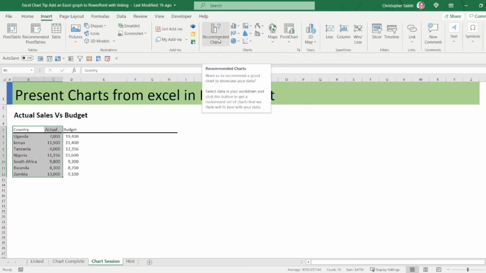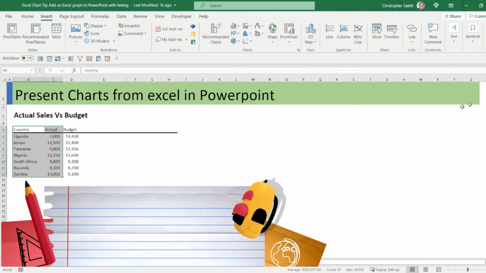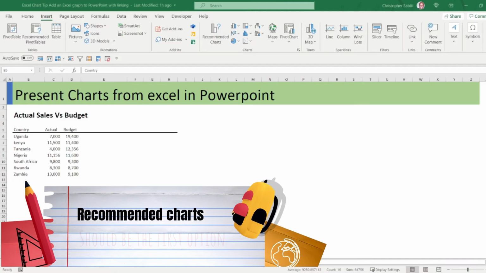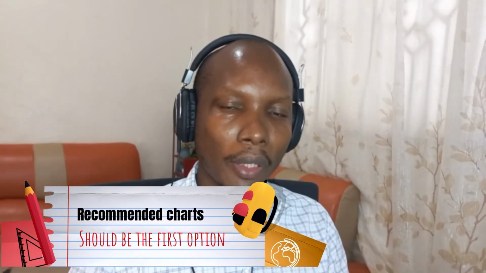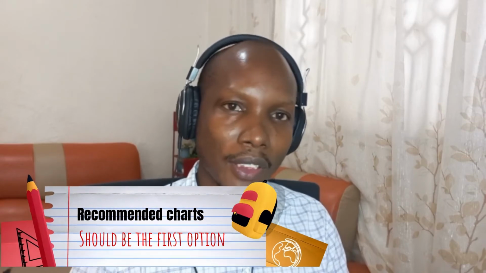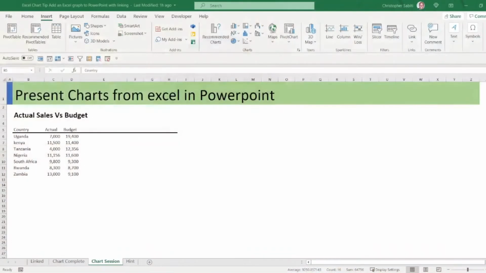Always look for recommended charts first. I recommend this to anyone: the first thing you should always look for is recommended charts, because that is always the best option. Already the intelligence in Excel has seen your data and suggests what could be the best option. So you can first go for that. So this time we are inserting,